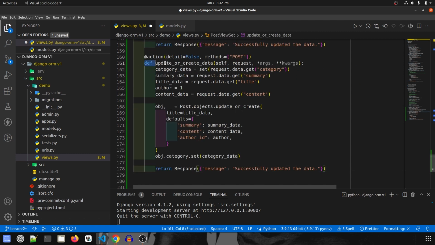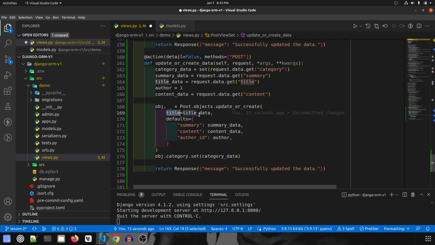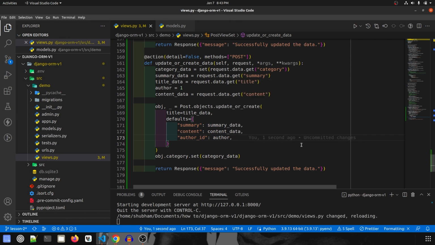So quickly I have created a new endpoint that expects the user to send category, summary, title and content, and I'm assuming author will be 1, and then we are updating or creating the data based on title filtered. So if the title is this title, then update that particular object with this data. Otherwise create a new object with all this data. So that's it. Let's save it and go to the browser.